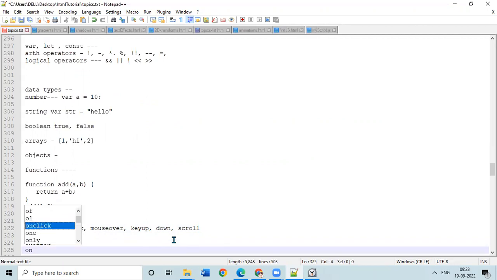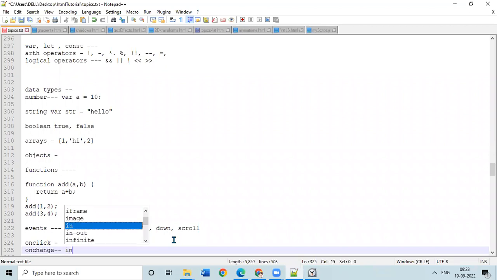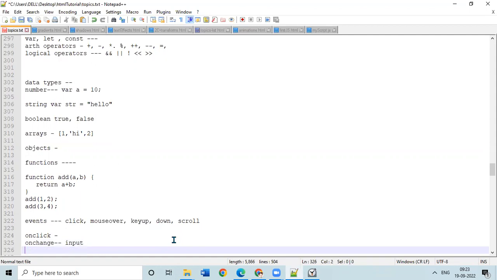On change is when that HTML element must be changed. Let's say some input is there, input text is there. By typing something, if you want to get something, then we can use the on change method. And we have another thing,